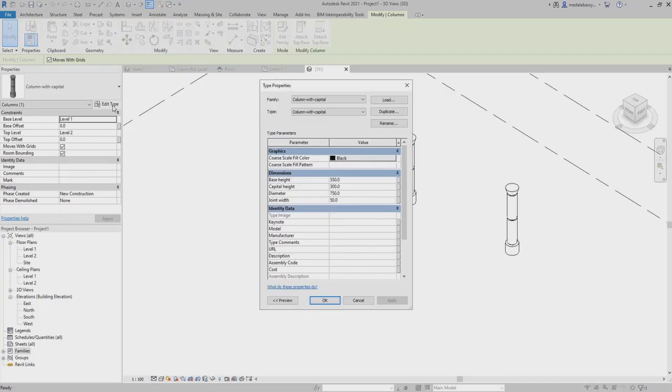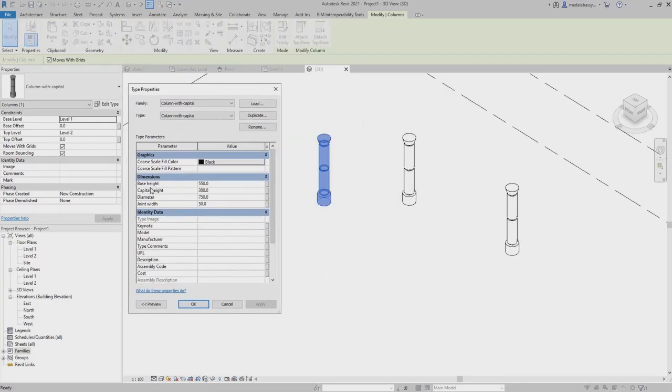If you select one and then try to change the type, we'll see the diameter and the base height and the joint width, all the parameters are here. But if you try to change the diameter, for instance, to 900 and click apply, the diameter of all columns will change